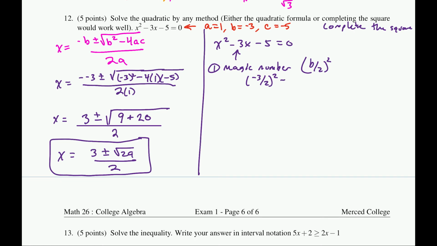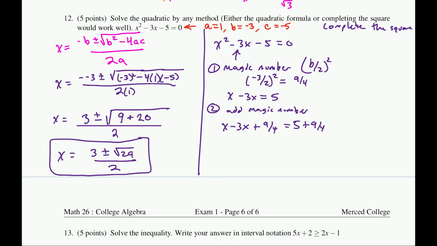You can proceed, but like if you square this, you get 9 over 4. I should have rewritten my equation as x squared minus 3x equals 5. Basically just move this 5 back over to the other side. And then you could add the 9 over 4 to both sides. The 9 over 4 is the magic number. Add magic number, x squared minus 3x plus 9 over 4 equals 5 plus 9 over 4. See, the fractions just kind of make this look very ugly. Then